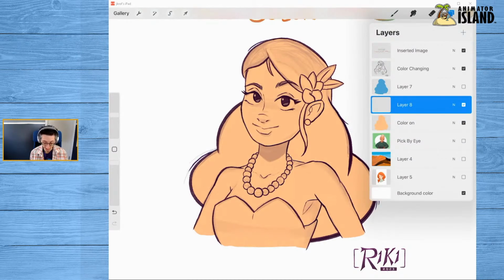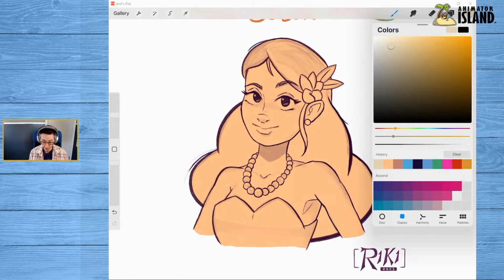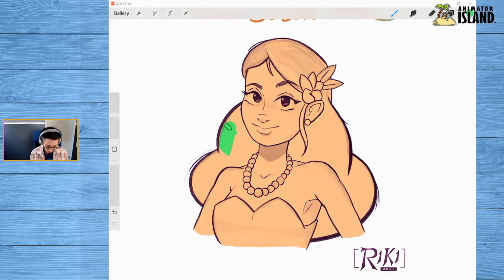I'm going to create a new layer and then let's get rid of that one for a second. Then I'm going to pick a color for her hair, and I'm going to do it in a very similar way. I don't want her hair to be green. So I'm going to grab probably what is a rather garish green, and I'm going to go in on my new layer, and I'm just going to block in her hair. Now here, it's going to be a lot trickier, so I'm going to have to use that method that I used before using the eraser. I can go around the outside and do that.